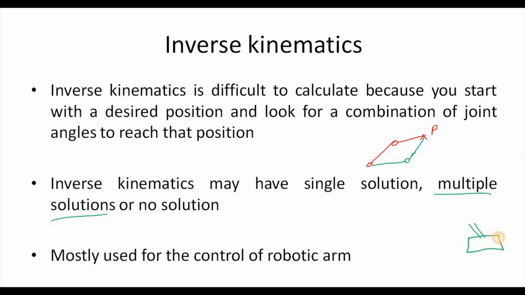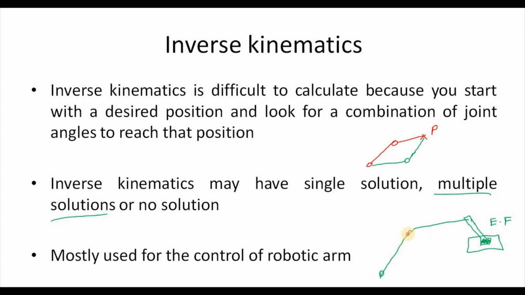You want your robotic arm to stay here. So this is your end effector. Now you're doing position control. When you want your position to not change, or to stay at the desired point, this is a position control problem. So what you need to do is find the angles of the joints